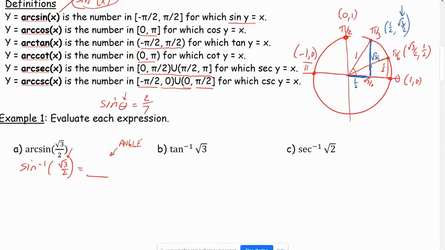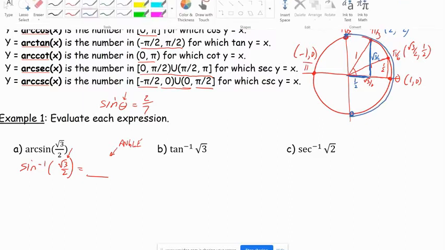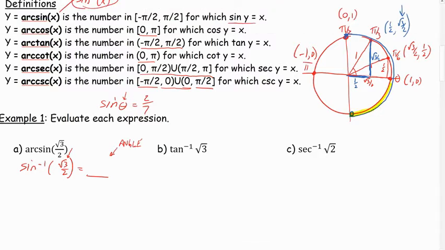And since we use a restricted domain for inverse sine, remember we're only going from here to here. When we're doing inverse sine, we're only focusing on this part of the unit circle. And so there are other places on the unit circle, for example, here at 2 pi over 3, this is negative 1/2, root 3 over 2. So there's another angle that has a sine value of root 3 over 2,